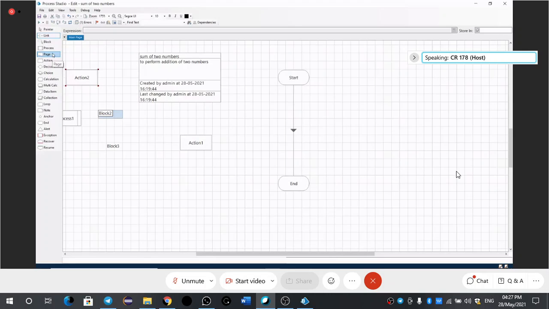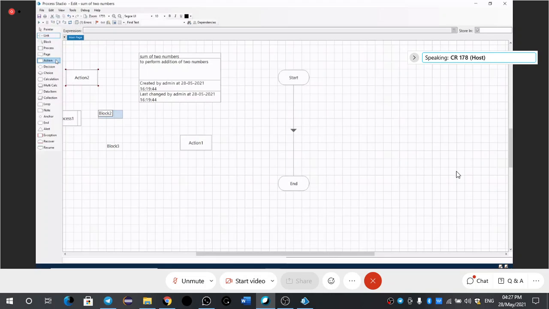If you want to connect with another page, you just click on the page stage. That is the use of page. Then action. In this action, we are going to write the business logic. Suppose, for example, what should a robot do? In order to open your Facebook link, I give an action to a robot like "open Facebook" by using this type of command. Like that, action statements are all given in the action stage.